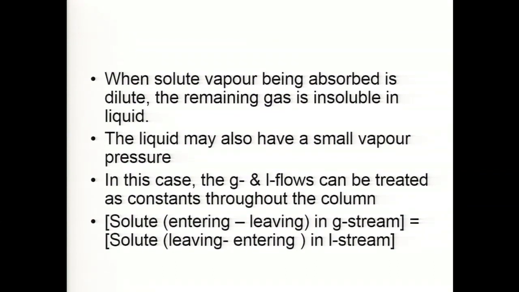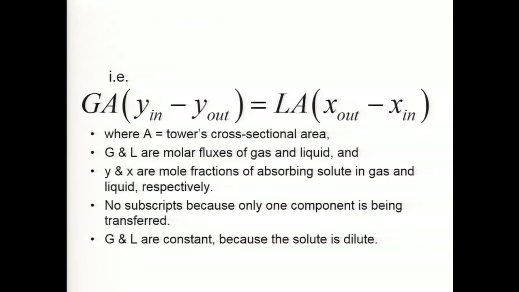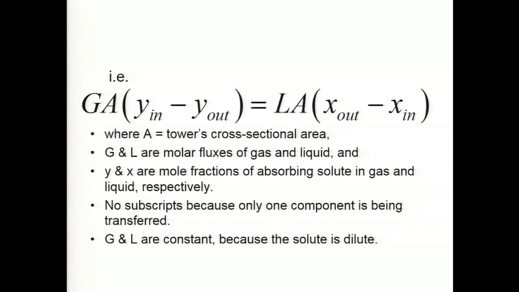The mole balance would be at the tower level. Consider the control volume enclosing the entire tower. So, we have the gas in and gas out, liquid in and liquid out. The overall mole balance would be: GA is the gas molar flow rate, because G is gas molar flux, A is the area, we do not know that yet. LA is the total liquid flow rate. Y in and Y out are given to you. X out you would choose, X in will be governed by the process conditions. If it is a fresh solvent, X in will be 0. So, as a result of everything being known, LA would be determined, and then we know how much of gas has to be treated with how much of liquid.